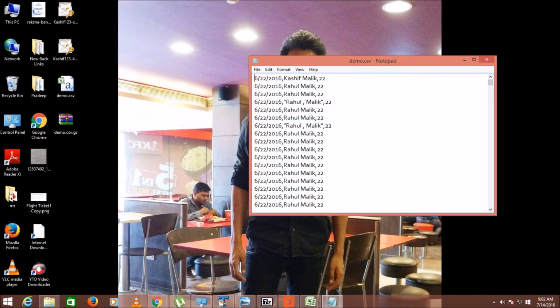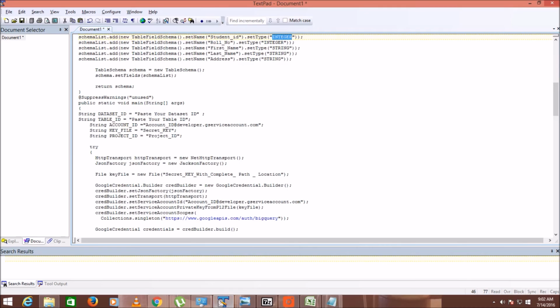So here we have 3 commas, meaning we want to insert into 3 columns, but in this case, because of this comma, the table will be considered with 4 columns, which will fail the job because the schema which was declared was up to 3 columns. So how to fix this problem? We can do this with the help of code.